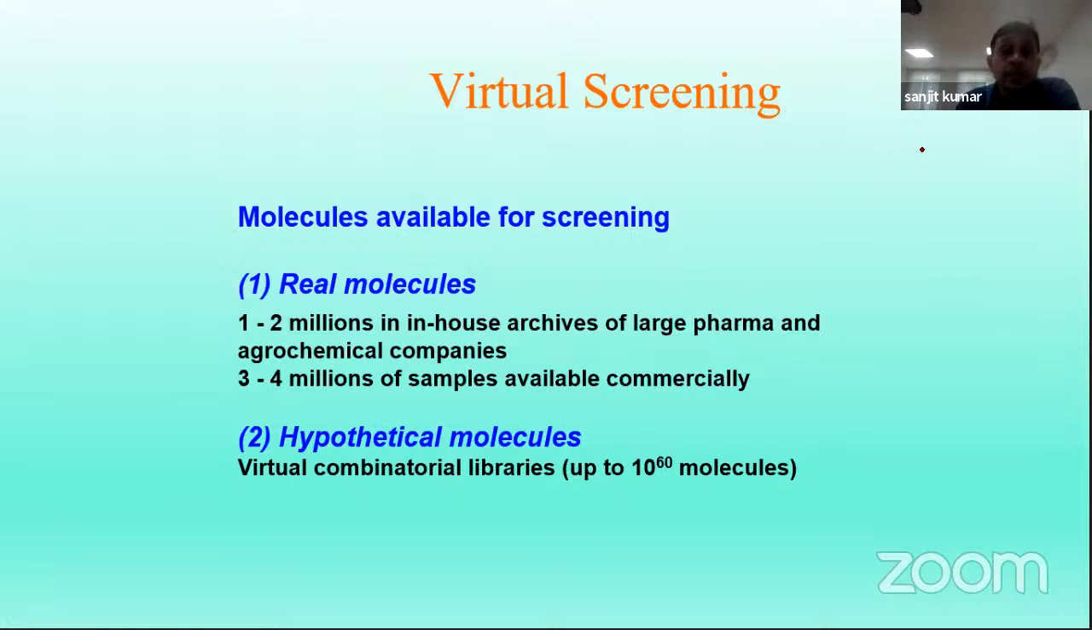So these are the collection of small molecules that have come from basic research. 1.2 million, 3 to 4 million samples are available commercially also. Some are hypothetical molecules also. Many chemists also synthesize or create hypothetical molecules, and that also we are using for different drug